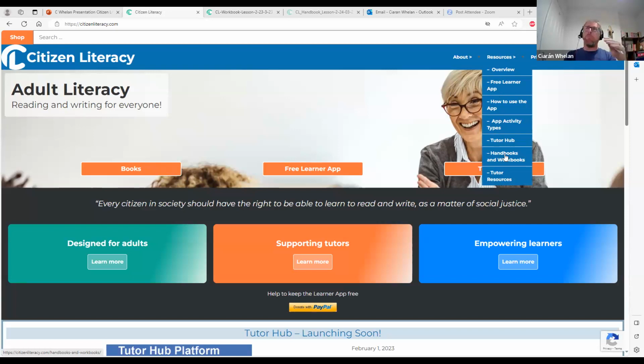So there are free samples under license that you can check on the website here, and you can have a look at them. That'll give you an idea of how to structure lessons, materials, paper materials, physical materials, exercises to use in tandem with the learner app in the classroom with learners, especially for their handwriting, their letter production, their word production. If we click down here to tutor resources,